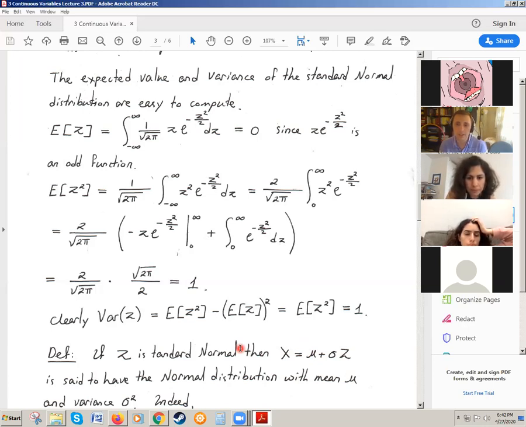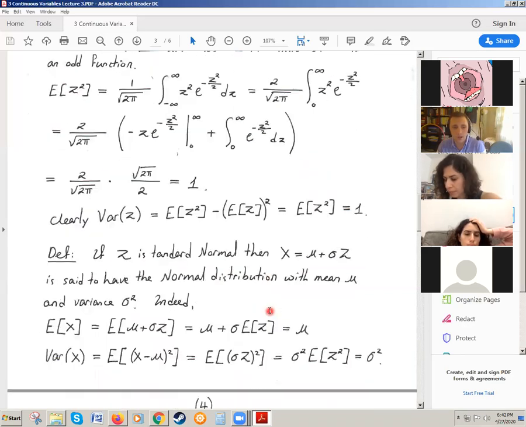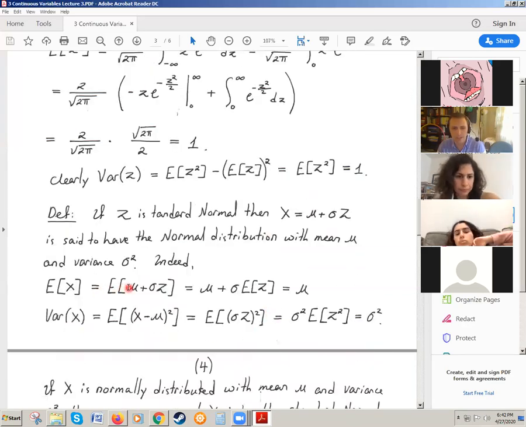So the answer is very close to what you said. What's the answer? So the answer is sigma squared, you mean? Yes, that's brilliant. Sigma squared. Okay. So here is the calculation, right? For the expected value, again, it's linear. So the expected value of a constant is the constant. Then plus expected value of sigma z. I can factor the sigma, and I just get mu because this is 0.